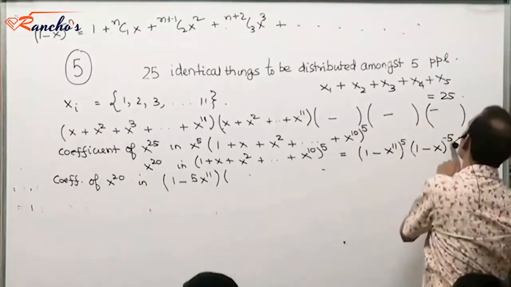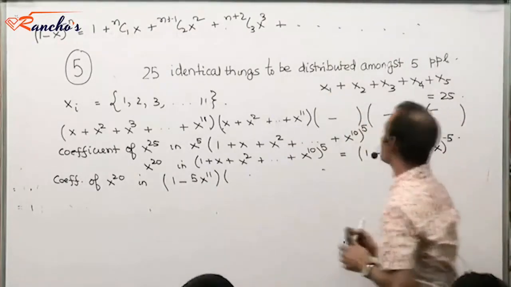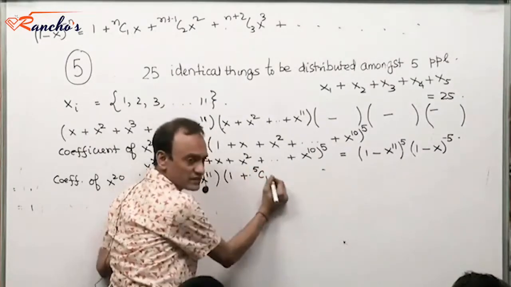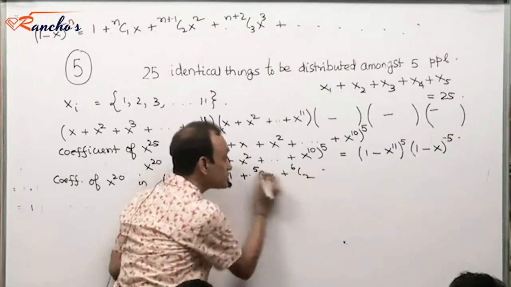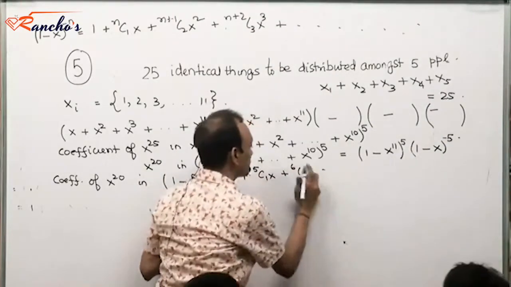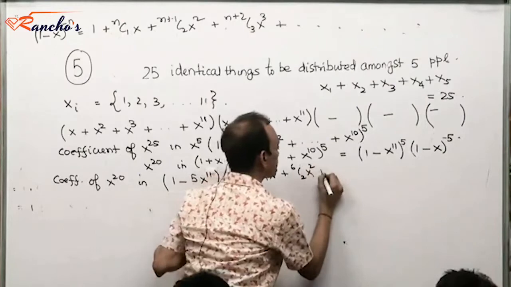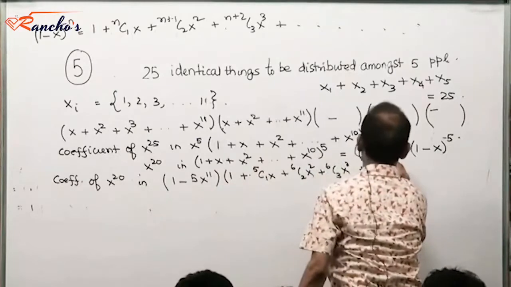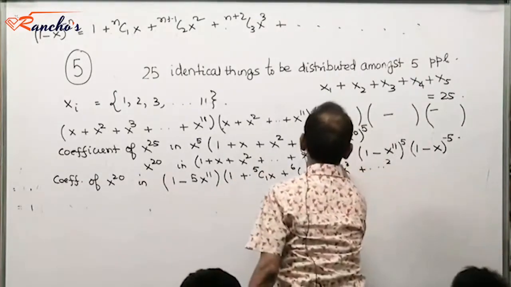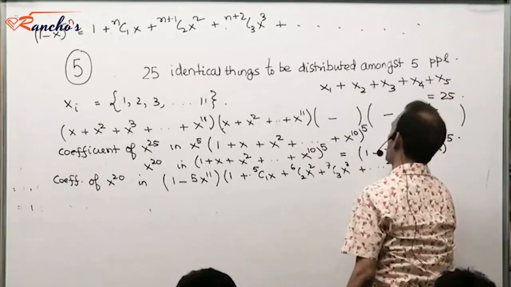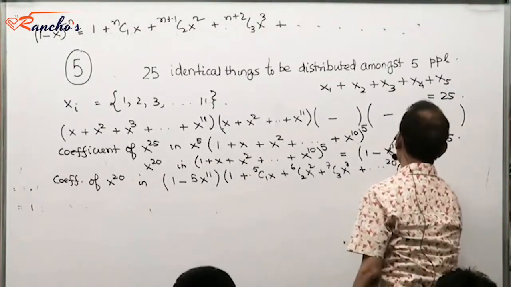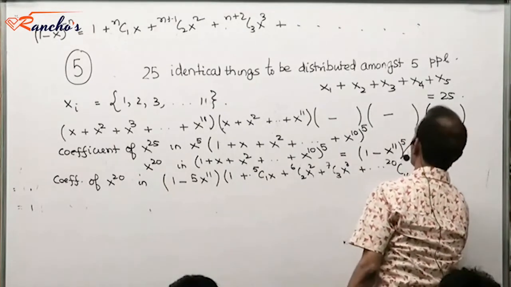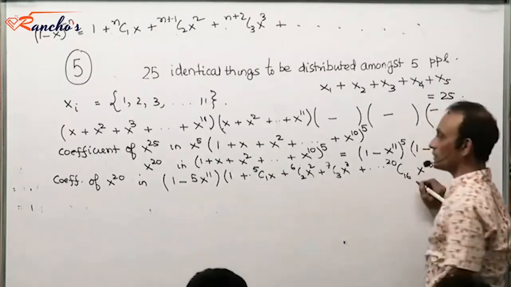Then the next one, 1 minus x power minus 5. I expand based on this. n is minus 5, right? So what would this be? This would be 1 plus 5C1 x, 6C2 x squared. See, this is also increasing by 1. This is also increasing by 1. Then 7C3 x cubed. There would be a term like 20 C, say 4 less, 16 x power 20 kind of a thing will appear here, right?